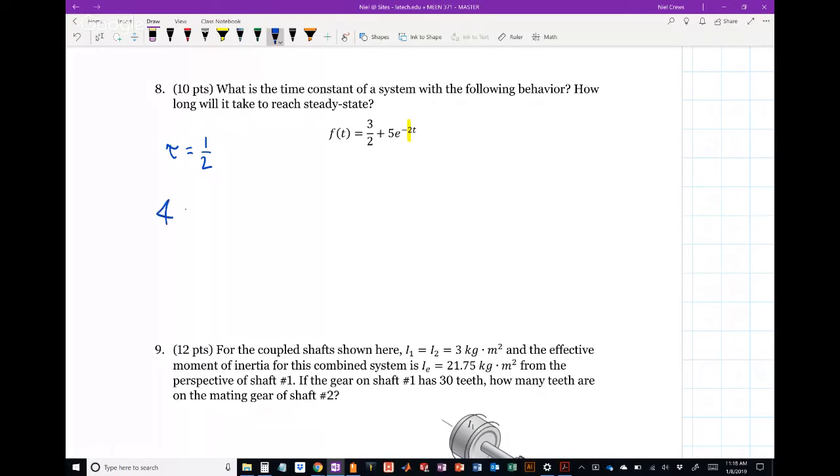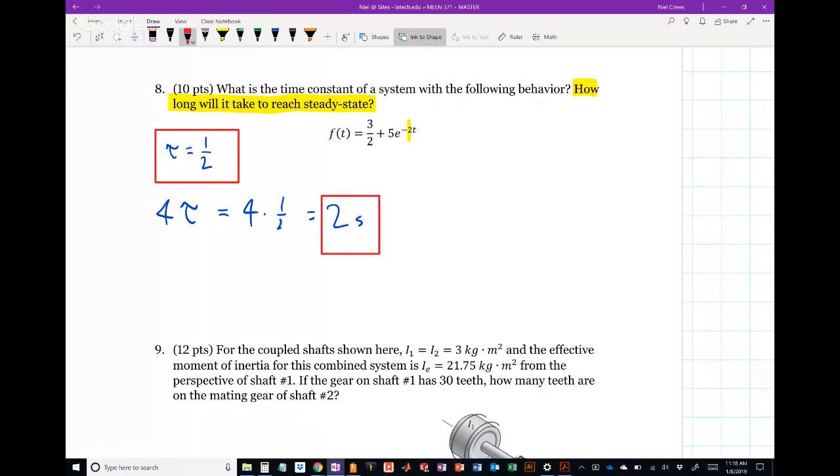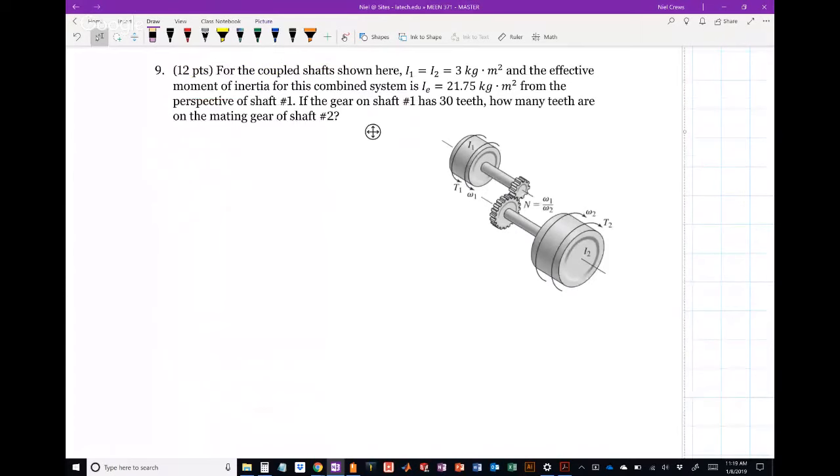And then when we say how long will it take to reach steady state, that's essentially code for multiply the time constant by 4. And that would be 4 times 1/2 equals 2 seconds. So it would take 2 seconds to reach steady state. Time constant right there, 2 seconds to reach steady state. Okay. Problem number 9. It asks us here